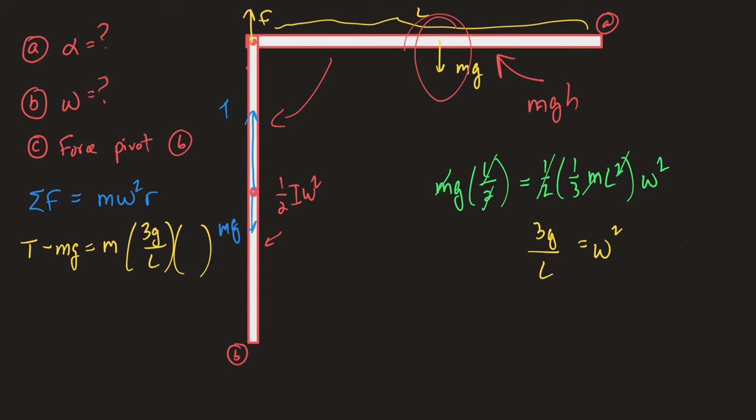I'm not sure you guys would know this. There's no reason to, but we still focus on the center of mass. So that would be the distance from the pivot point to the center of mass. I think that's a stretch. I'm not sure you would have known that without me helping. There'd be no reason for you to. But you can battle all that out, and you get that T is going to be equal to 5/2 mg,